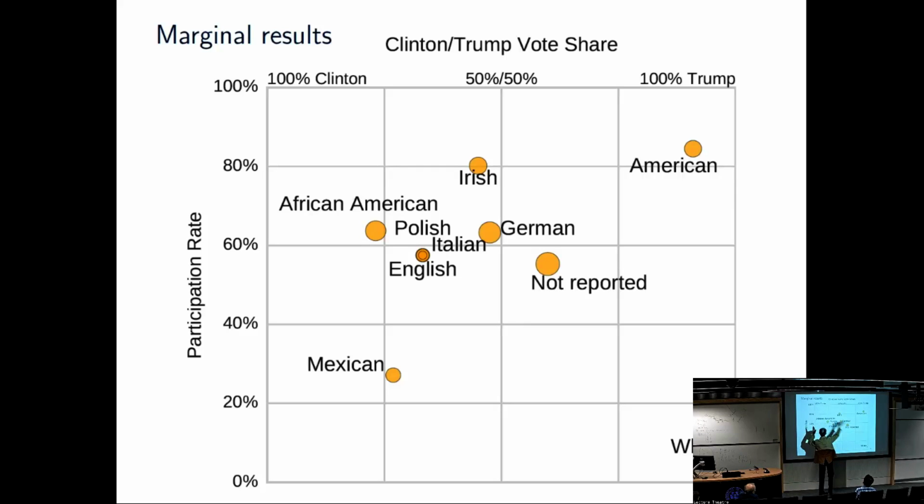But then there's this very interesting thing. So that's that axis, Clinton, Trump. This is participation rate. So among places where people said white, the coefficient that was estimated was very low in terms of actual participation. So right, actually we're predicting a three-dimensional vector. Clinton, Trump, other, including not vote. And so that point down there was something like 0.05, 0.05, 0.9.